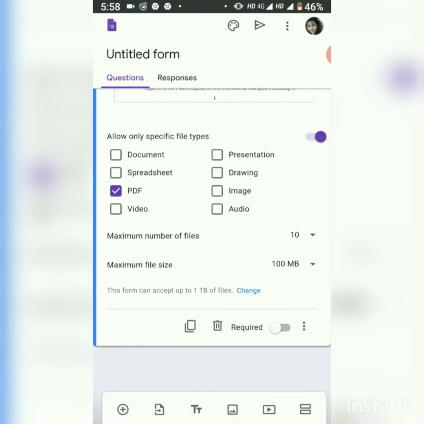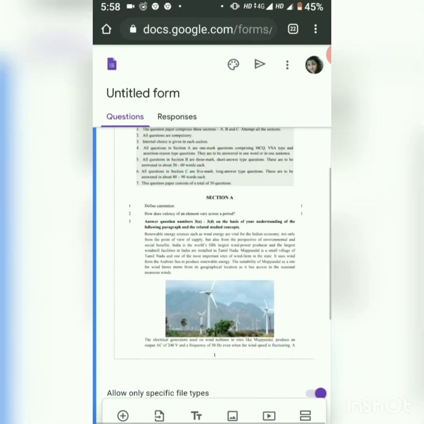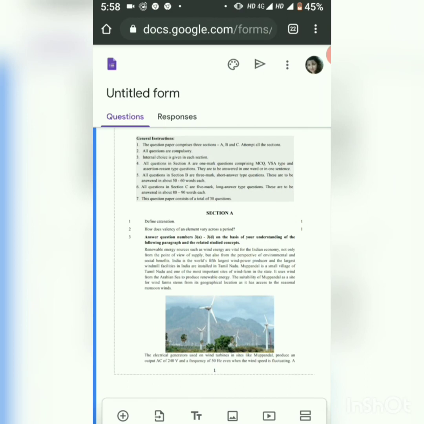After this you have the option of required, just click it so that students cannot skip the question paper, and they cannot submit their paper unless they upload their PDF.